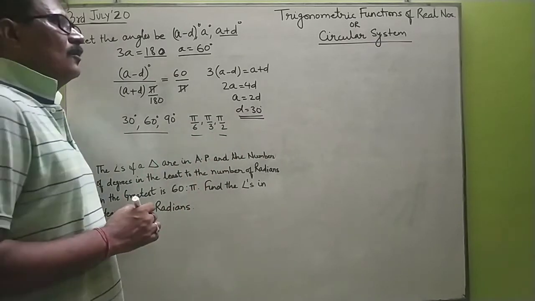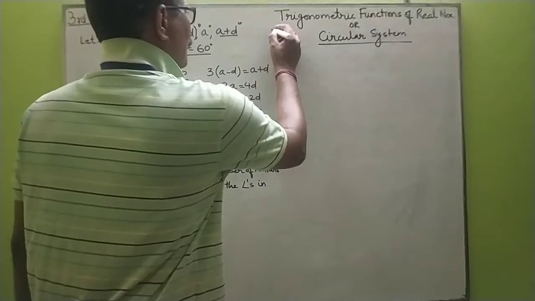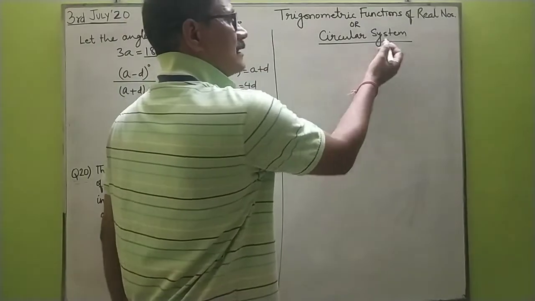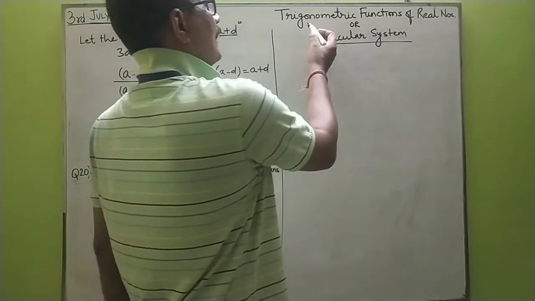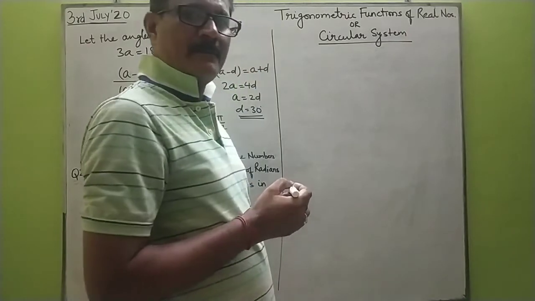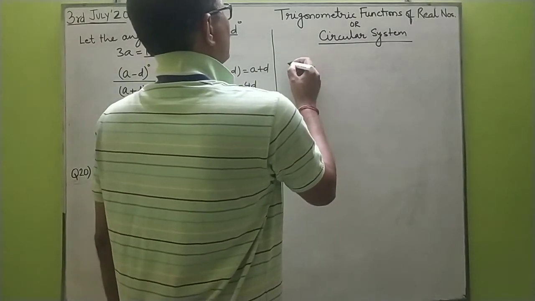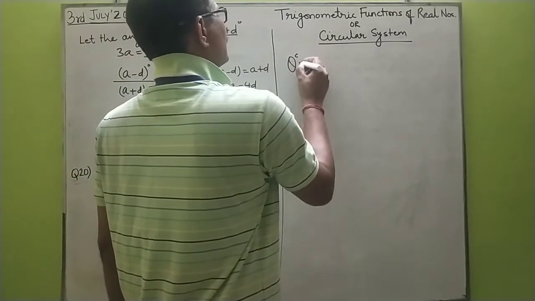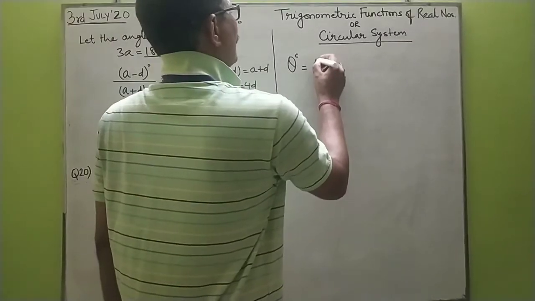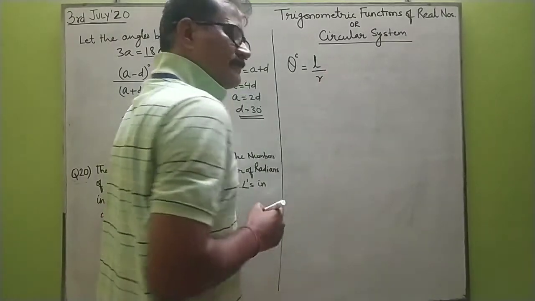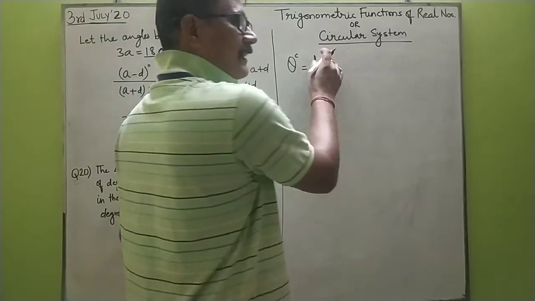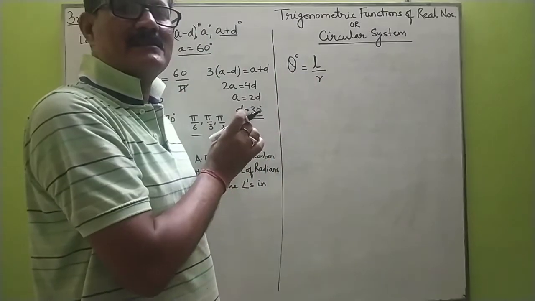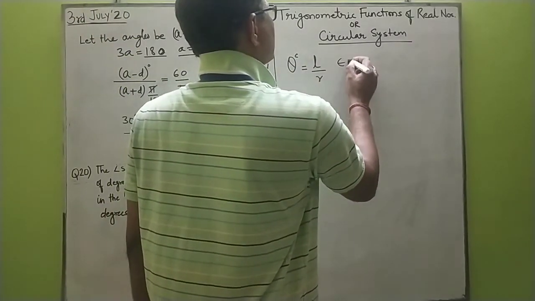Okay children? Now we move on to the next very important concept, that is called the approach of trigonometry through the circular system or unit circle approach, where we will define the trigonometric functions of real numbers. Now children, you know that in the previous class I have already told you that theta in radians will always be equal to the length of arc upon the radius. And you know that L, the arc length, is a real number, and radius is a real number. So I have already shown you that theta in radians is a constant angle and it belongs to real numbers.